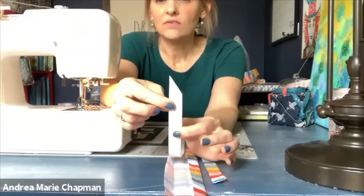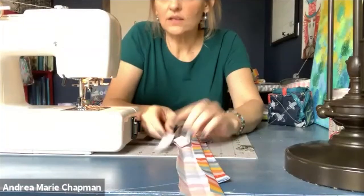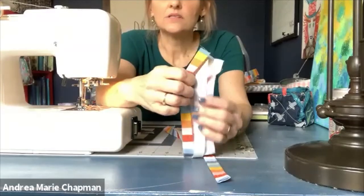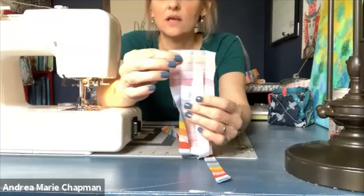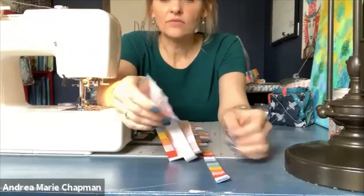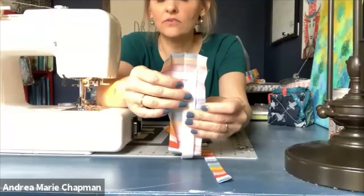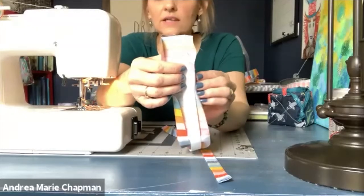And I just cut a very small strip of that, which should be 3/4 of an inch, and it is. And that sits in the channel just like the batting did, except it's only consuming just one of the 4 channels on this. So my wristlet straps are cut 3 inches wide. And then you have a lot of freedom to customize those in the length. So cut it as long as you need to wear it comfortably,